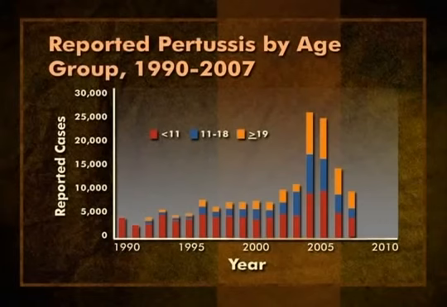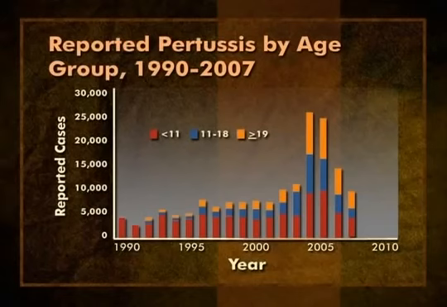If you look at the far left part of the graphic, it shows that in the early 1990s, most cases were reported among children. Most of the bar is red. The bars representing adolescents and adults are very narrow. Contrast this to the far right side of the graph. The number of cases reported among children has increased slightly, but the number of cases reported among adolescents and adults has increased significantly. In 2007, more than 5,000 pertussis cases were reported in adolescents and adults, accounting for almost 55%